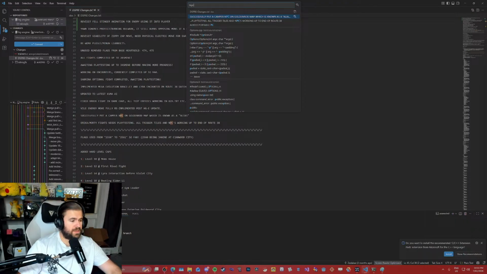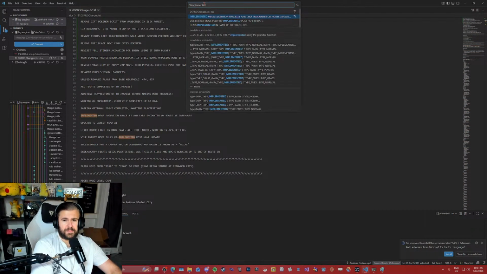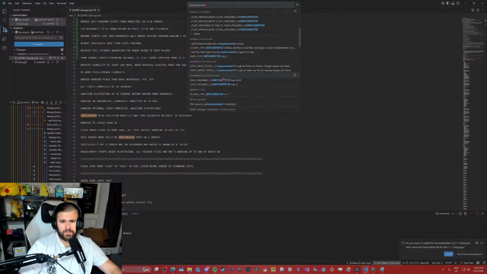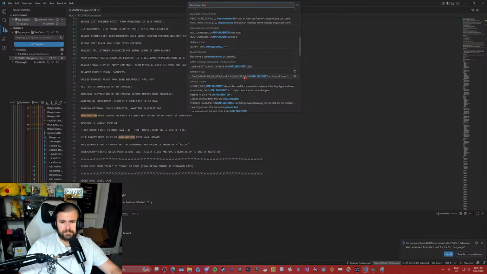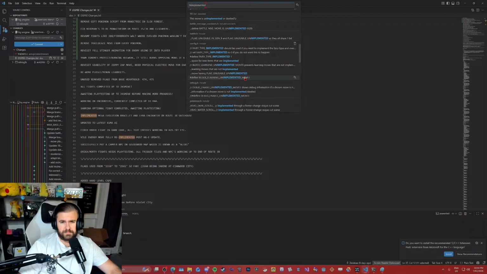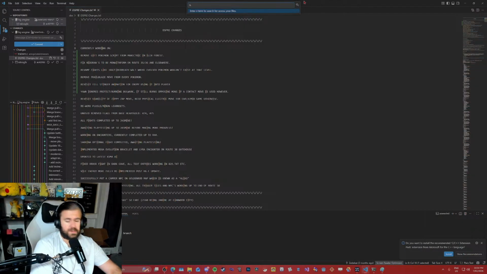With percentage, you can search for text inside files. Okay. What if I typed in implemented? I just typed in PC then.